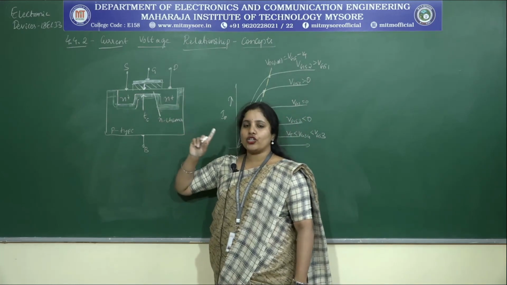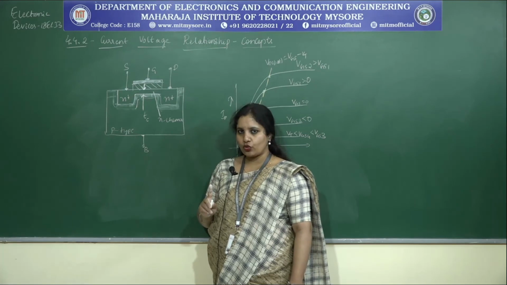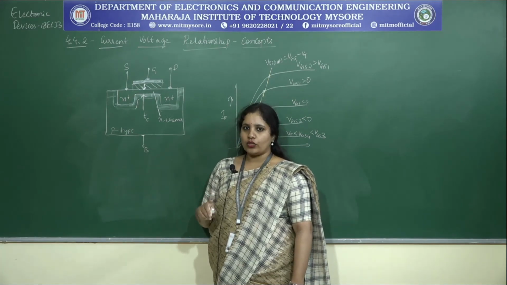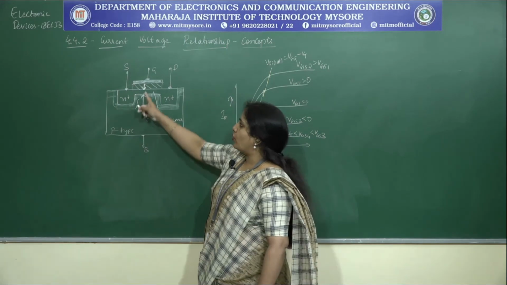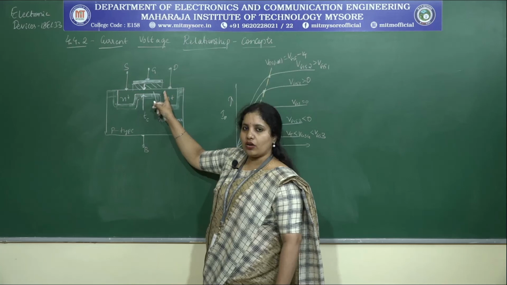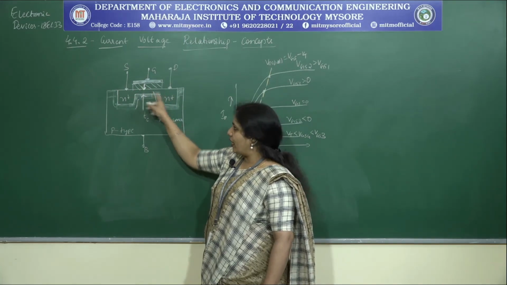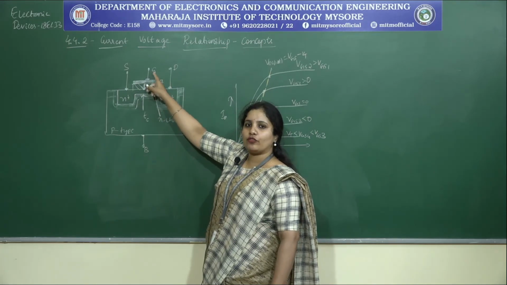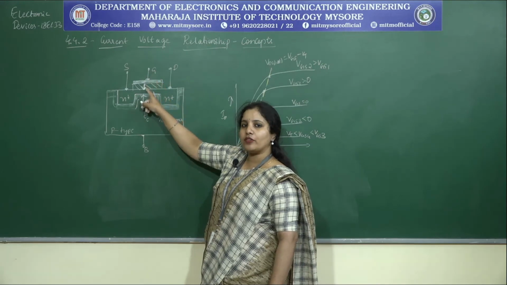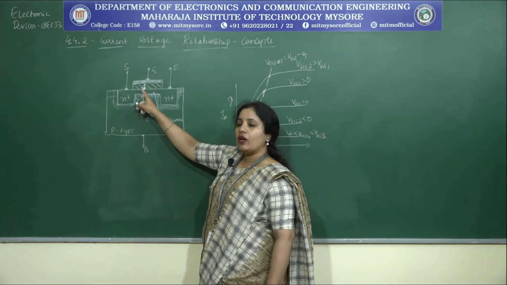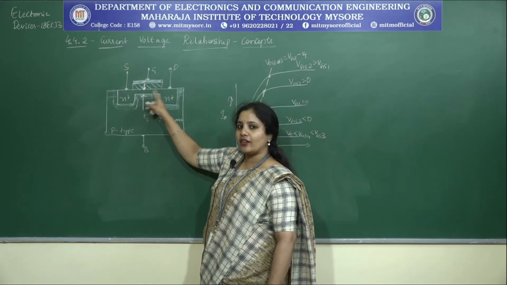Now, one more major difference that you have to understand between the enhancement and depletion types is that here the threshold voltage that we consider is a negative threshold voltage. In the previous case it was a positive threshold voltage. Why is it negative? Use your common sense. We already have a layer of electrons here. If I want these electrons not to be there, which kind of potential do I have to provide? It is the negative potential. When I provide negative potential, what happens to these electrons? There will be repulsion, and I can make sure that there is no channel further.